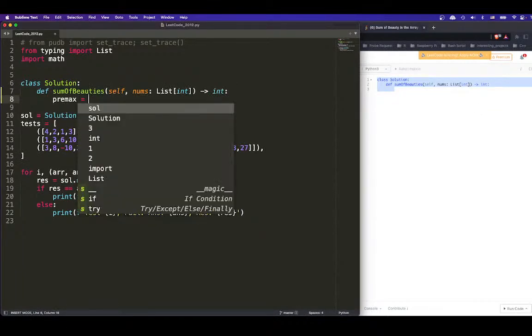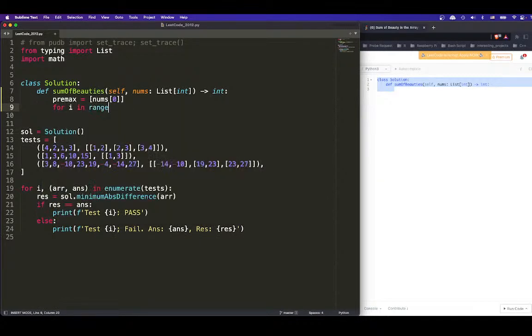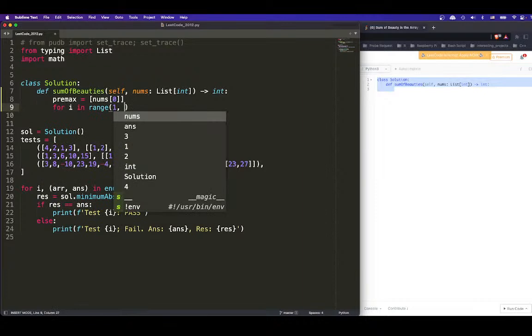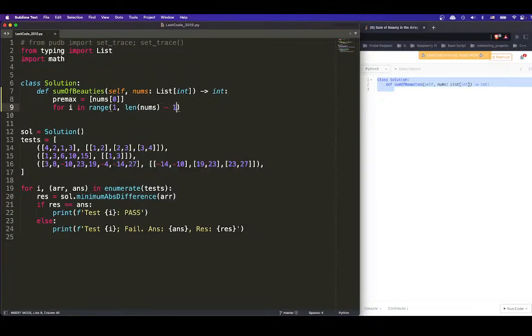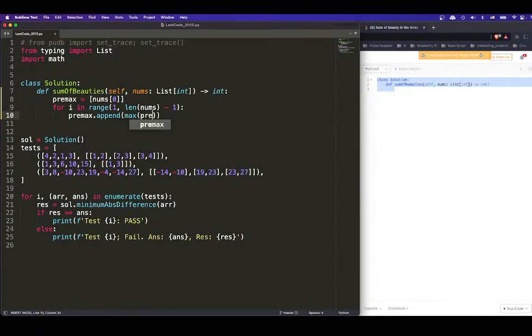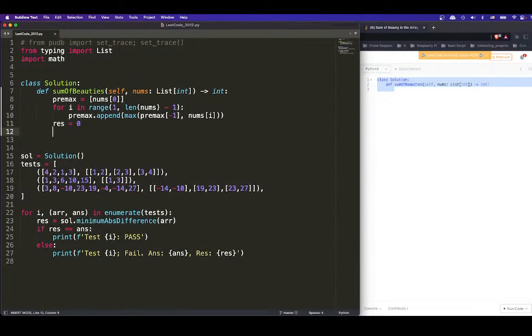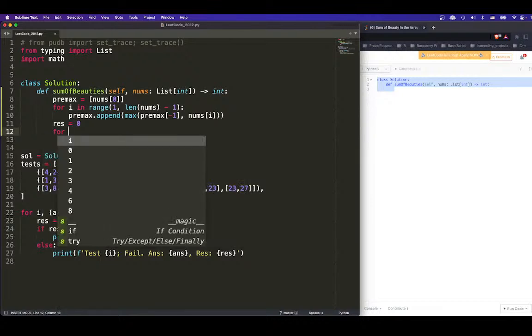pre-max equals this, right? And then we can say nums 0, right? And now we say for i in range 1 to, actually I can just do len nums minus 1, right? We say premax dot append maximum of premax minus 1 and nums i. So we have this, the rest is going to be 0, and then for j, and then